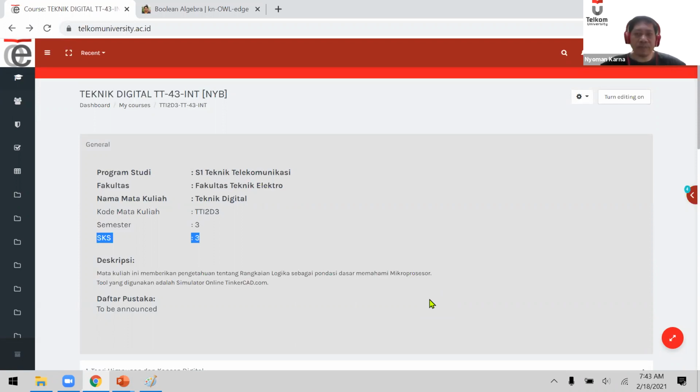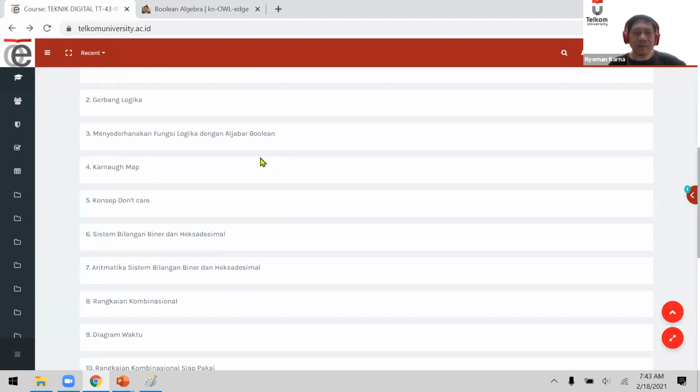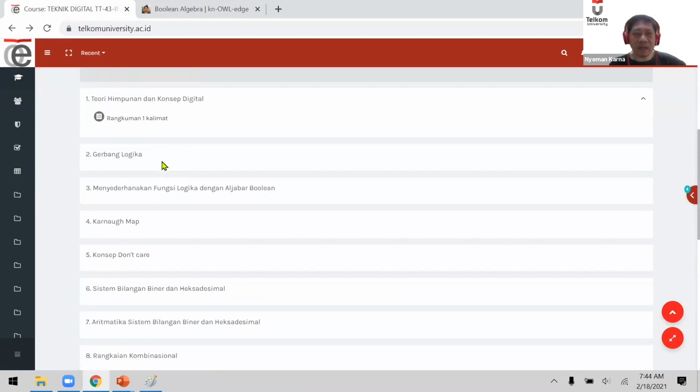That's the maximum. And for the teaching material, for example, the logic gates, it's supposed to finish around 30 to 45 minutes. However, for the third week, simplify logic function using Boolean algebra, I think it will be more than 1.5 hours because it's quite difficult to understand how to simplify logic function using Boolean algebra.